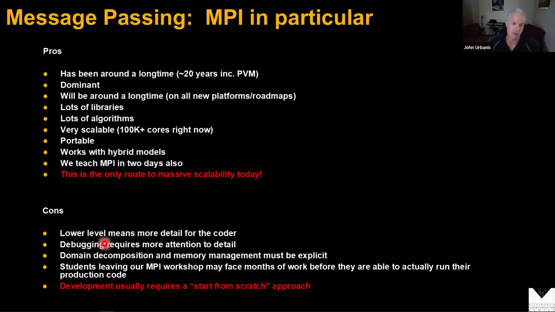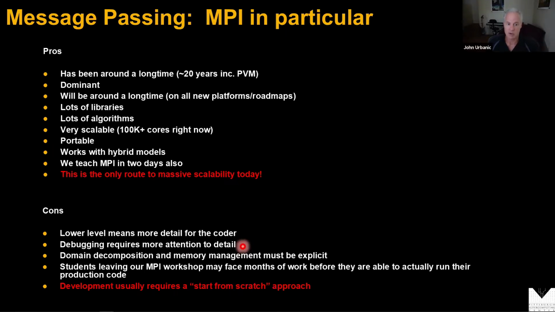And you might say, well, isn't that unavoidable? Well, we'll see some approaches, the next one, data parallel, where we don't have to worry about that low-level stuff. We do with MPI. And debugging, as you're no doubt finding out right now, can take some effort. You haven't seen a parallel debugger yet. We're going to look at that shortly, but it doesn't solve all of our problems either.